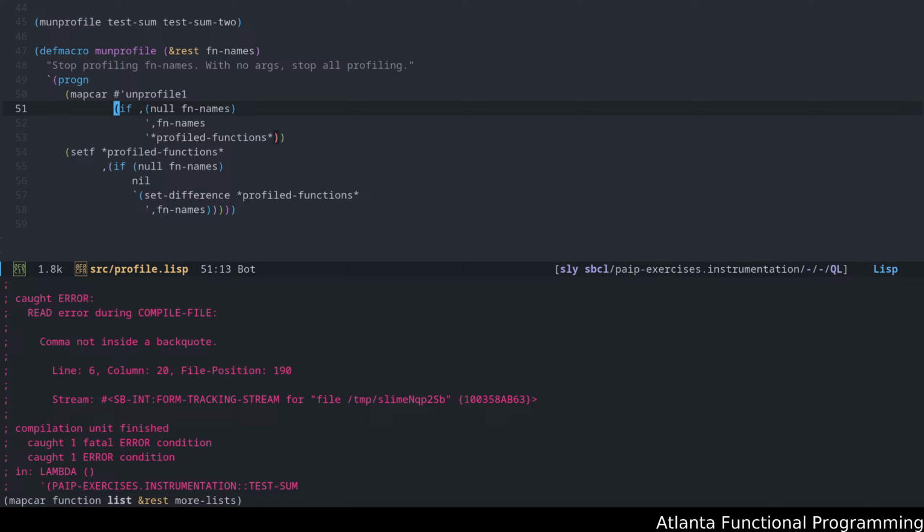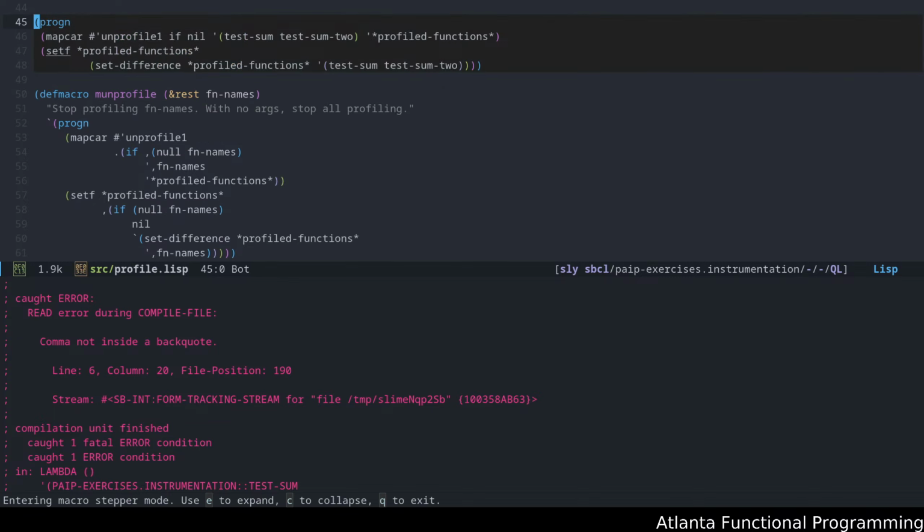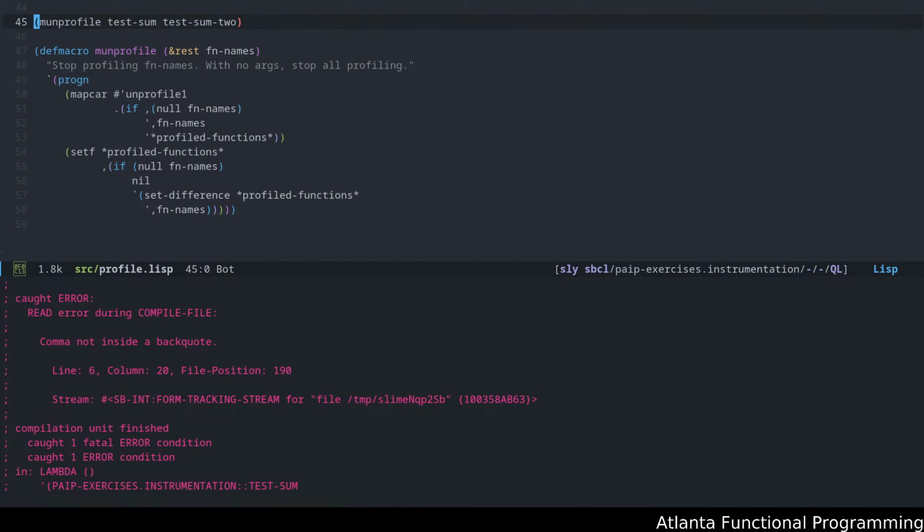So let's go back to doing this. Actually, let's do that. Okay. Let's see what happens here. If unquote null. Okay. Unquoted that entire section. That is not what we want to do.